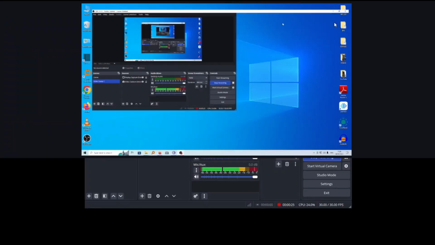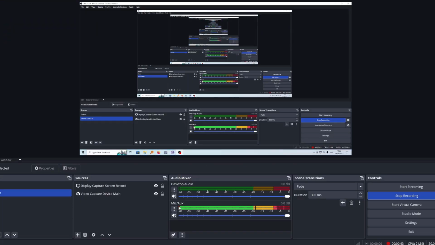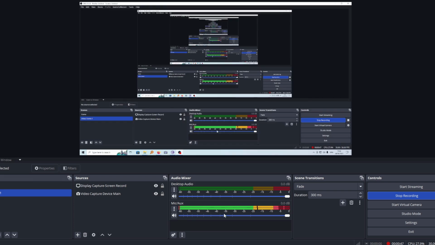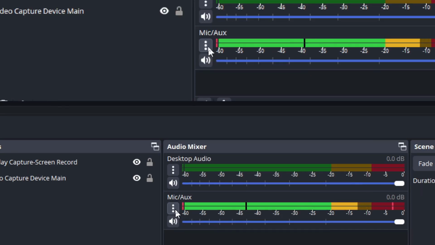First, let me expand this. So all you need to do is to go to your microphone. As you can see, mine is here, and make sure the volume is to the maximum and see if you'll have the wavelengths. However, if your microphone is still not working, then go to this ellipsis here